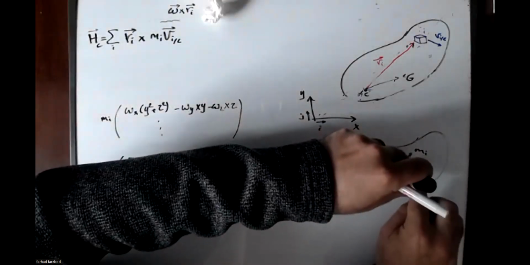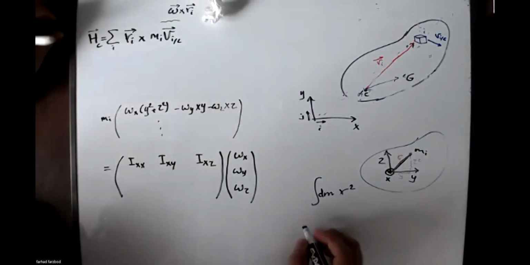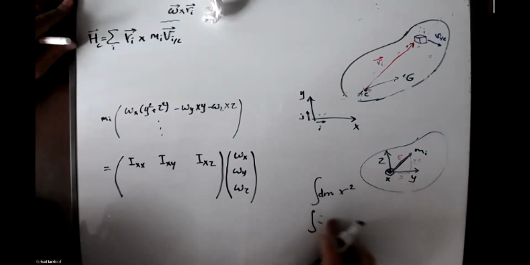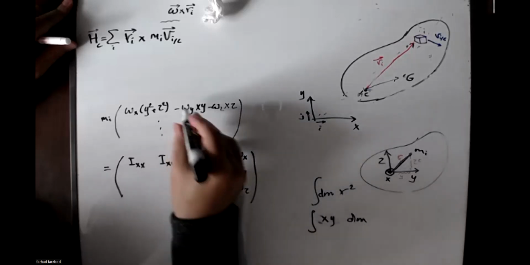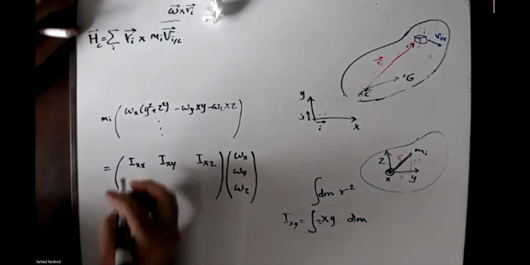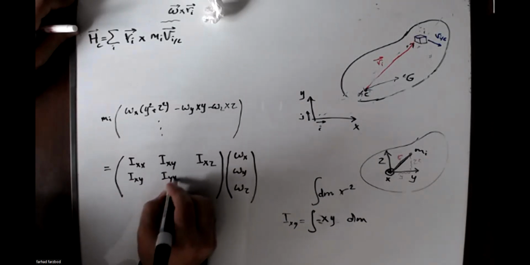So it is the multiplication of x and y. So Ixy is not r square. Again, I do dm, so it would be xy, and I need a negative here. So I calculate this and call this Ixy. And here I would have the same thing, Ixy, Iyy,